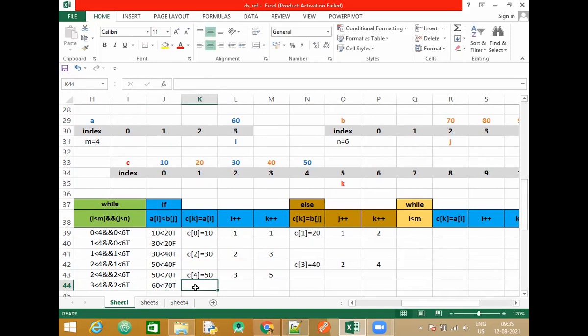So again, this will be executed. C of 5 is 60. And the value of I increments. K 6. Now observe, I has come outside the array. Fine, the values are updated.